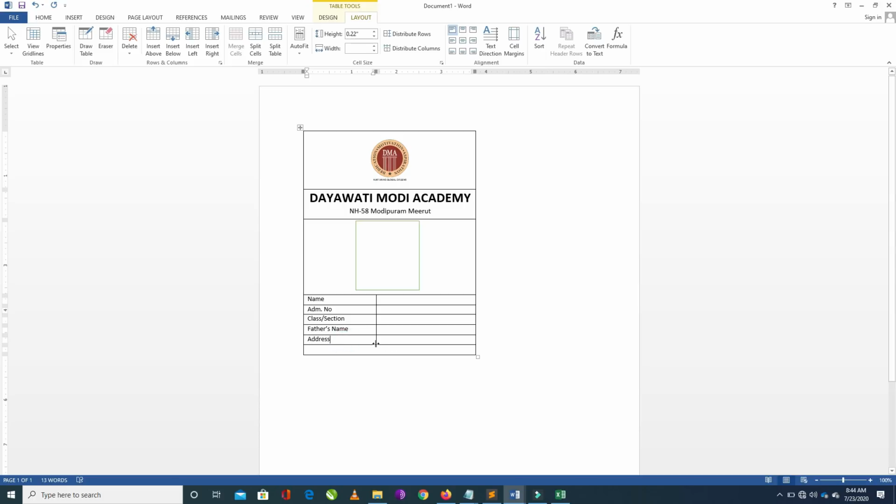You can also take mobile number or any fields you want in your ID card. So I am going to make it right align. Select all of them, and Control R is the shortcut key to make these right aligned.